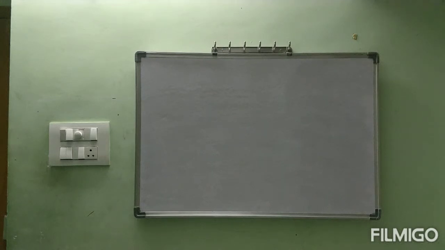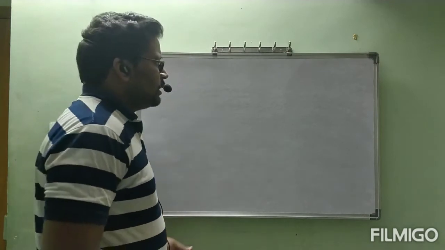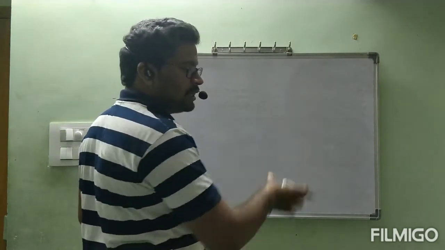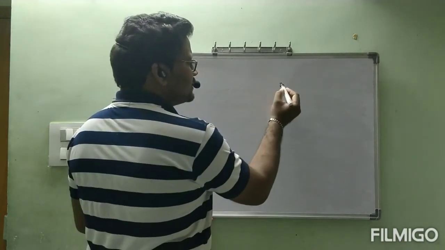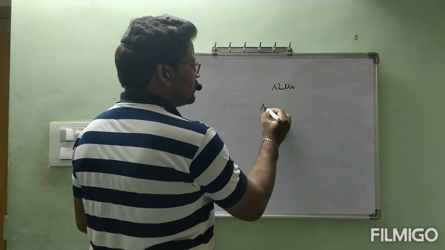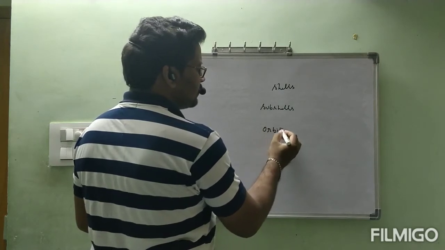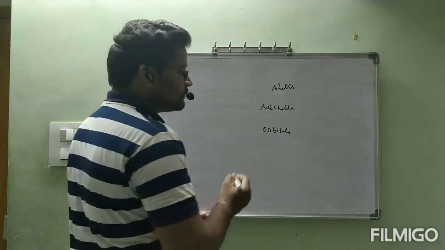Good afternoon, students. In today's class, we will see how to write quantum numbers for electrons present in different orbits, orbitals, and subshells. Let me recall the main shells, subshells and orbitals. We have different energy levels in one orbit. Let us start with shells. After shells, subshells. After subshells, orbitals. Finally, in orbitals we have electrons.